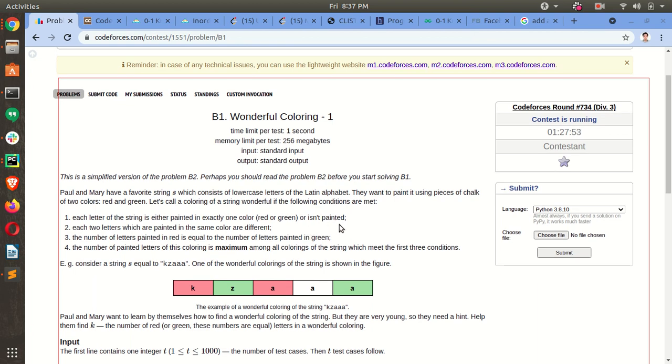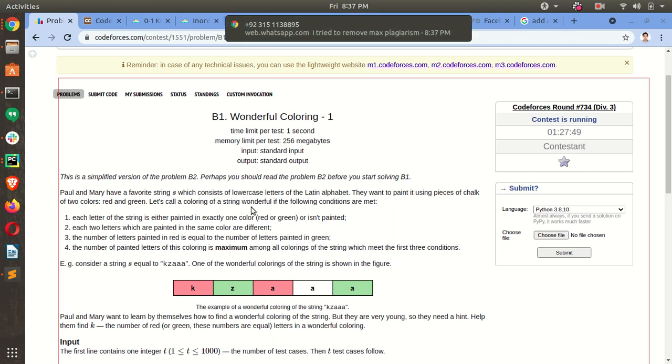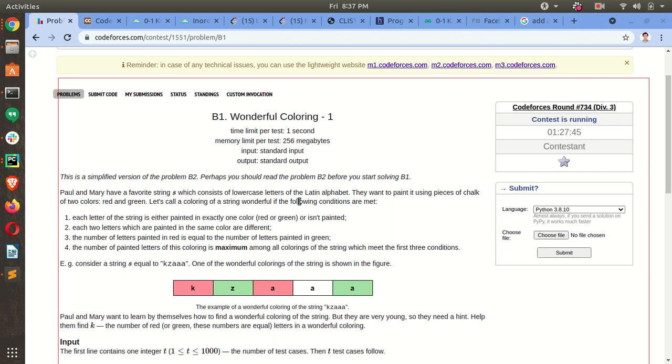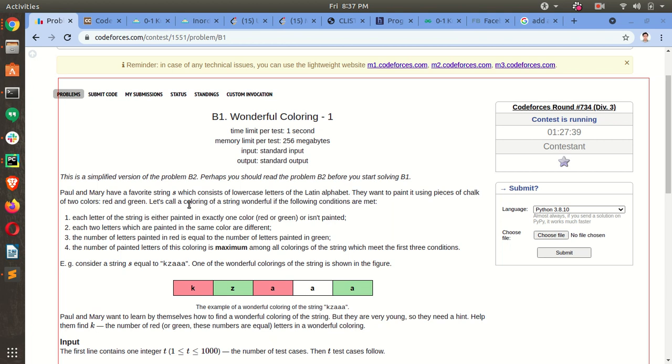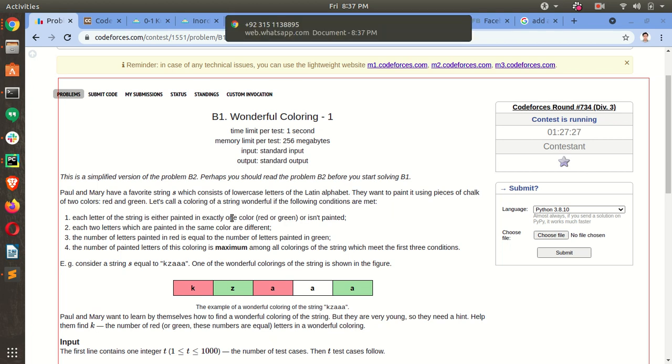There is a long string consisting of lowercase alphabets, and we want to paint it using chalk of two colors, red and green. So how to paint this?